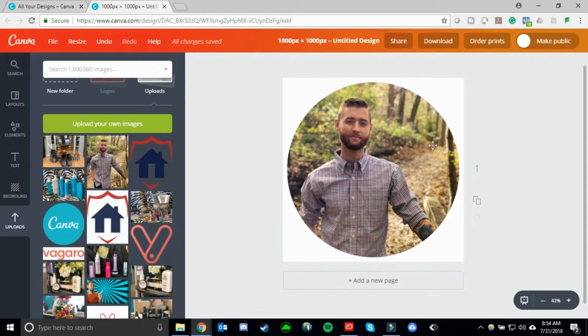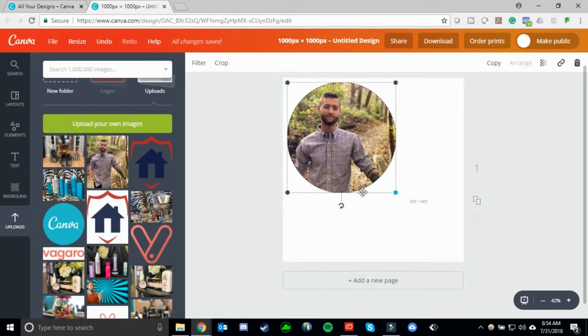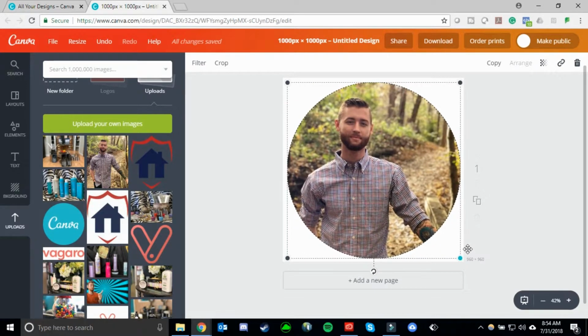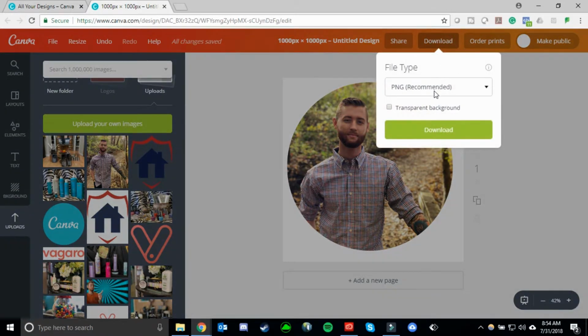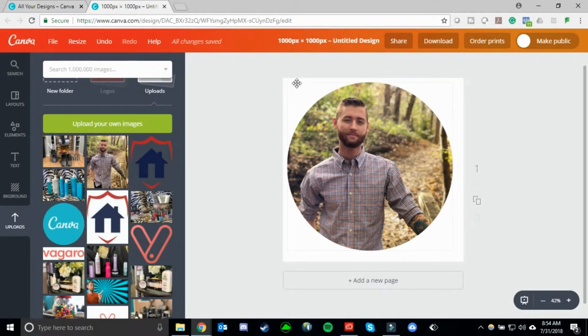So crop it out and you're like, wow, okay, cool, I have successfully created my photograph, and now you can make it smaller or larger depending on what you would like. So then you ask yourself, okay, now that I have this, I still notice that there is this white square behind it. So what I was mentioning just a moment ago about Canva for Work, you can download this currently, but it will still have the white background,